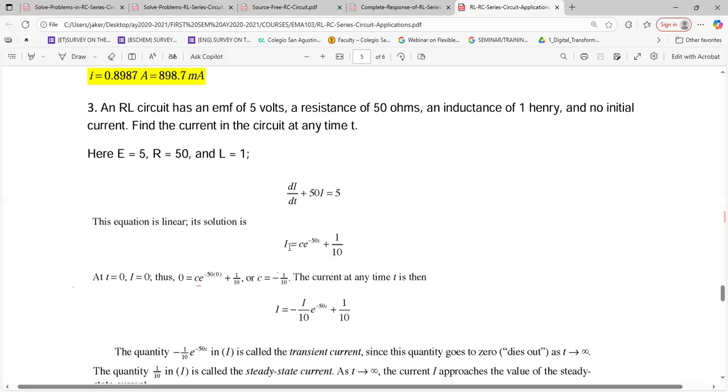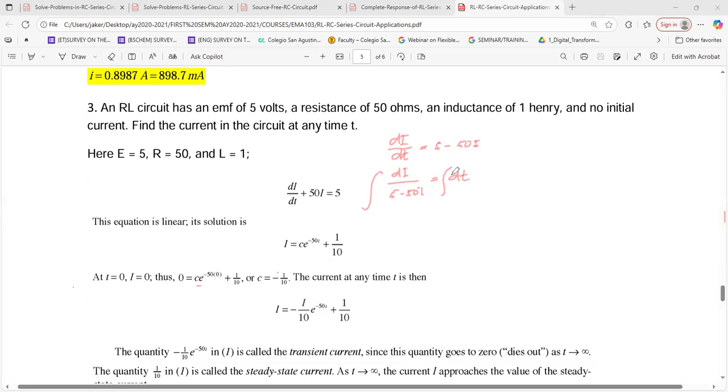So you'll have here di/dt equal to the 5. We copy the 5 and we transfer the 50I here on the right side. So that's separable. Then you have di over 5 minus 50I is equal to dt, which is transferred here. This dt here we transfer to the right, so these two just simply switch places. And then you can have the integrals.